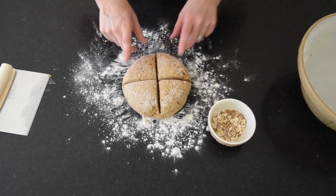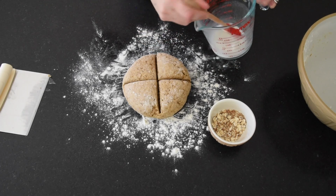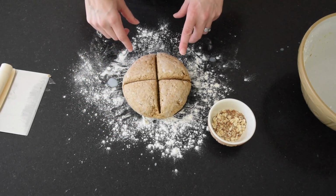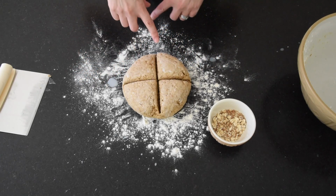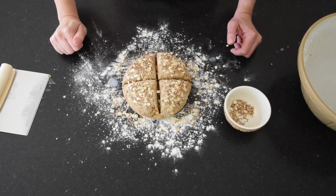Right, you want to do a fairly deep cut on this, okay? And then off to the side I have some of the buttermilk that didn't go into it. This just helps it to stick. Right, so I've just cut my slits, brushed a little bit of buttermilk over the top, and then I'm going to sprinkle these over. So there you go. I'm just going to transfer this to my baking tray, pop it in the oven for